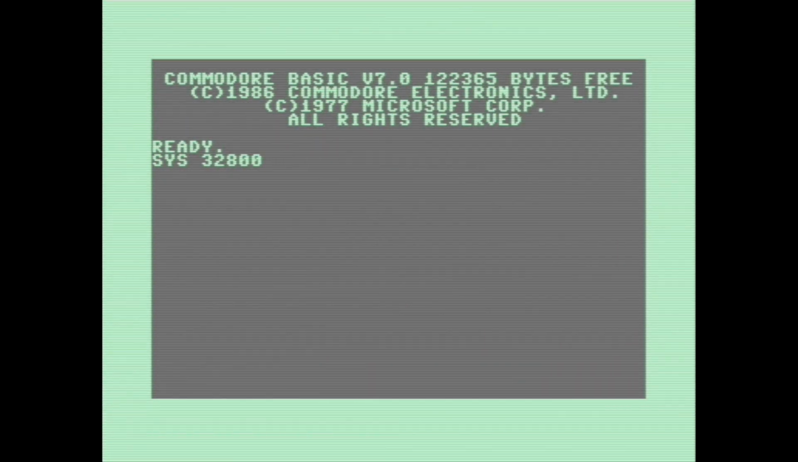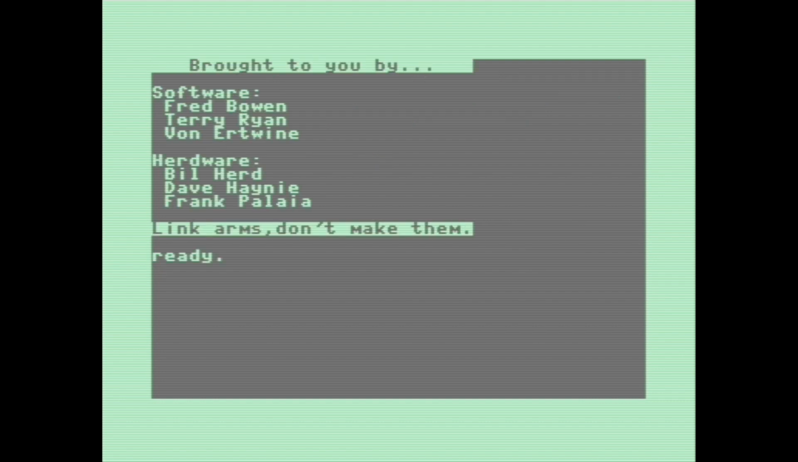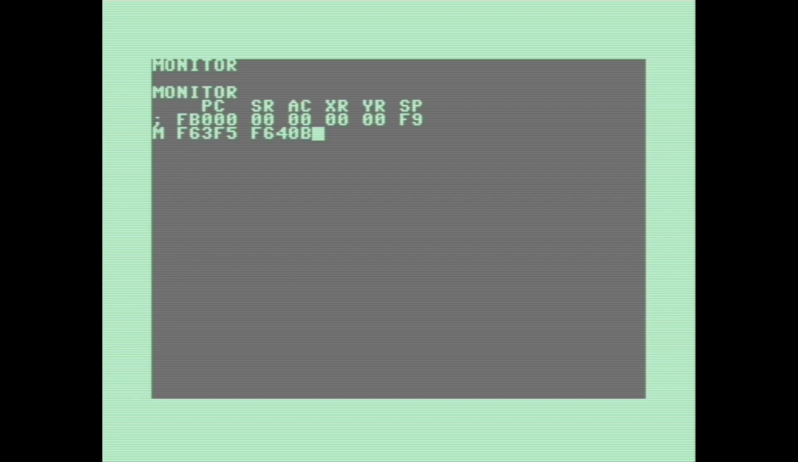Okay, so now on to the C128. So the last machine we're going to look at. If you type SYS 32800,123,45,6, it'll display some credits for some of the people who worked on making the C128. You can see there's software and hardware designers, and then there's this anti-war message that says link arms, don't make them. Next up, we're going to hop into the monitor, and we're going to monitor location